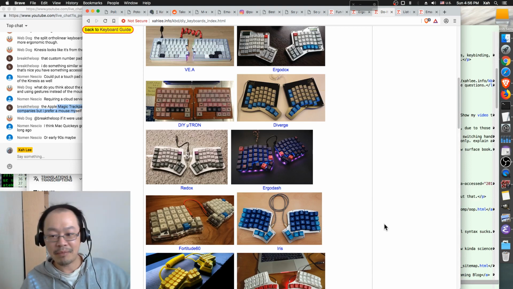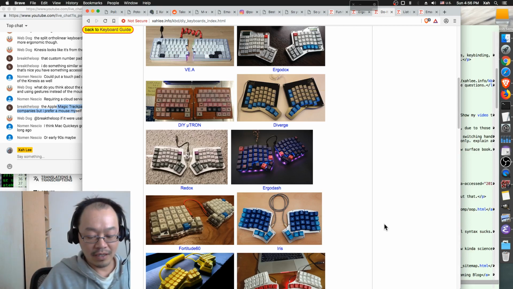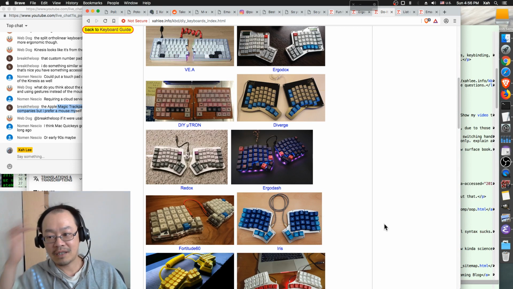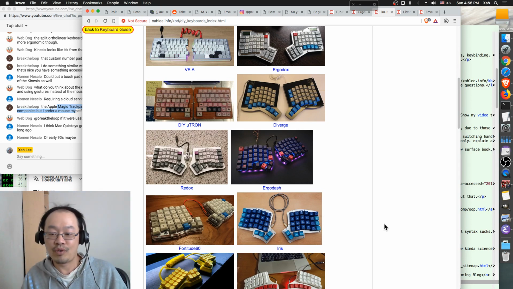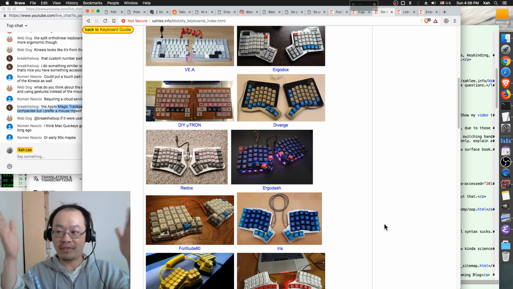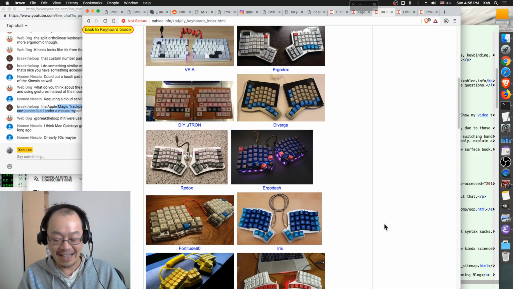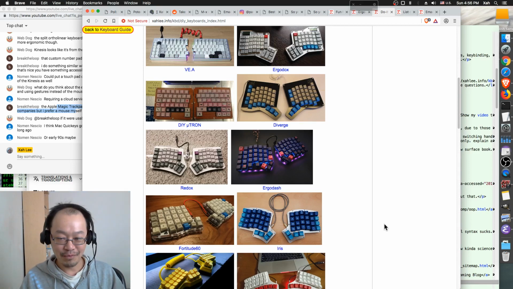And I've been studying keyboards, reading about keyboards a lot since 1991. I went to the library when there was no internet. I read about the Dvorak layout, the history, and I switched to Dvorak in 1994, purely for the reason of my pursuit of efficiency. I have an obsession with efficiency, so since I learned about Dvorak, I cannot stand QWERTY anymore. But I switched not because I had some hand problems.